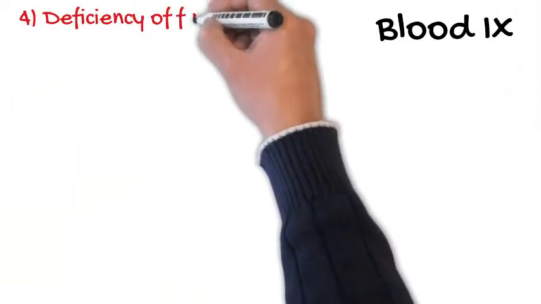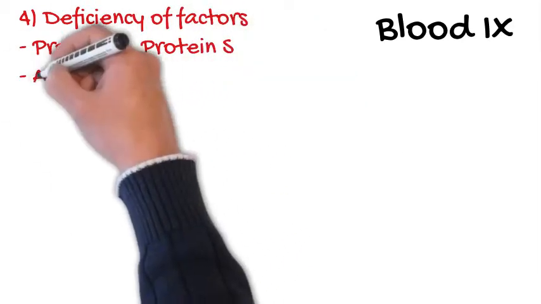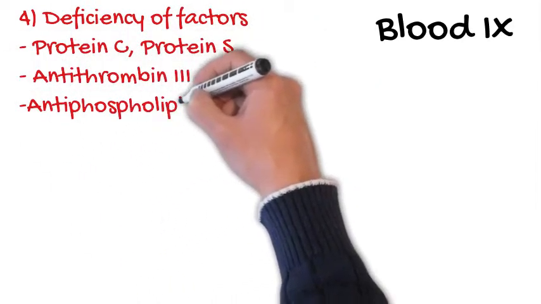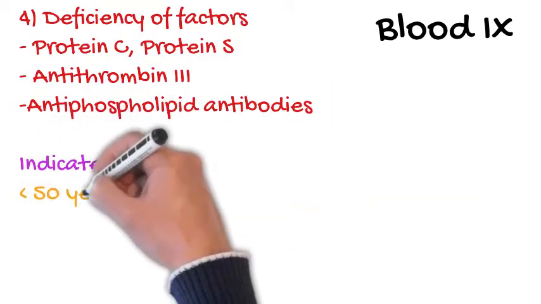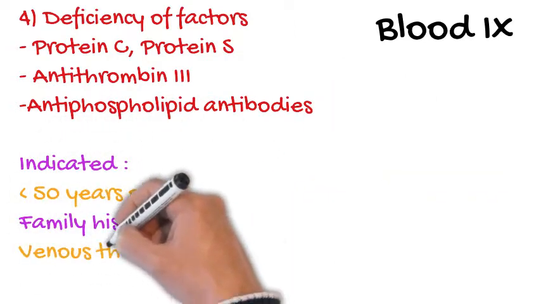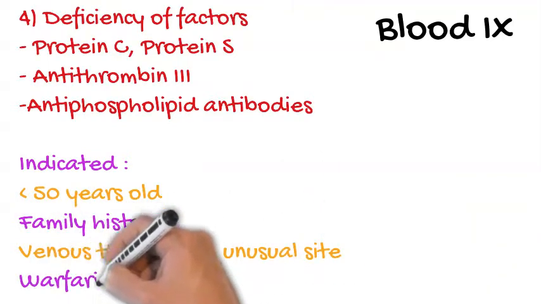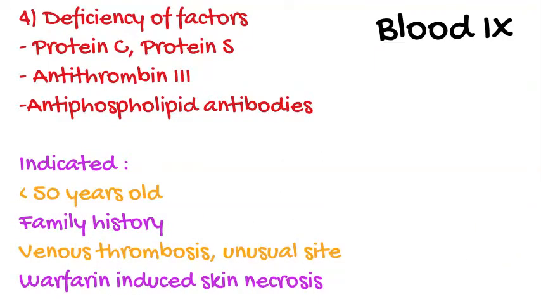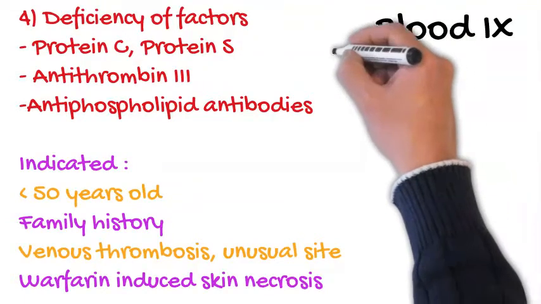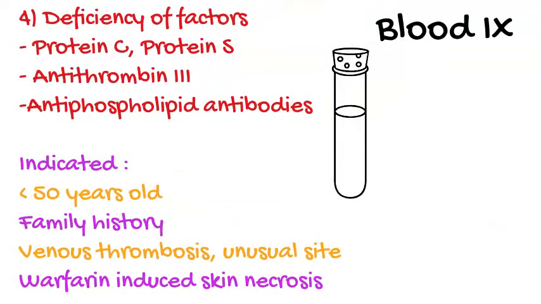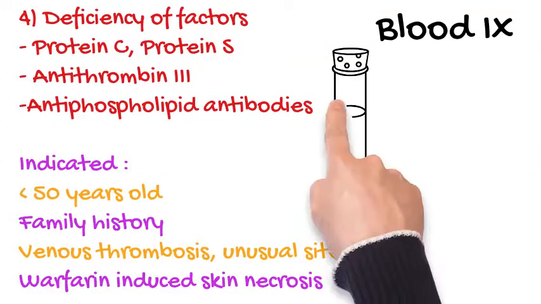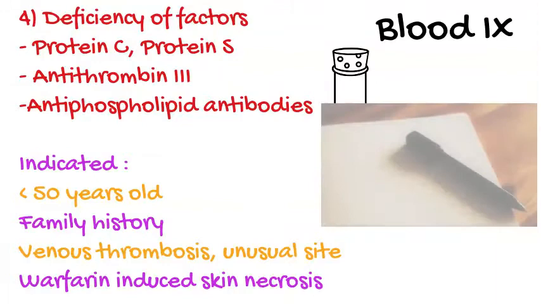4. Deficiency of factors, especially in hypercoagulable state. Blood will be taken to check the status of protein C, protein S deficiency, antithrombin 3, factor V Leiden, antiphospholipid antibodies, homocysteine level. Usually indicated in patients who are less than 50 years old with family history of hypercoagulable state or familial deficiency, venous thrombosis in an unusual site, or a clinical setting whereby we notice there is a warfarin-induced skin